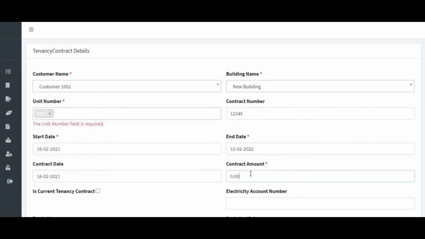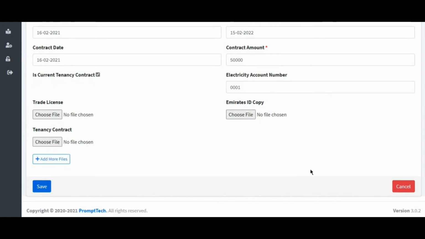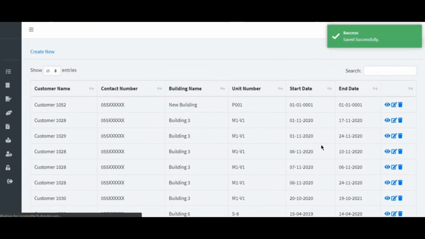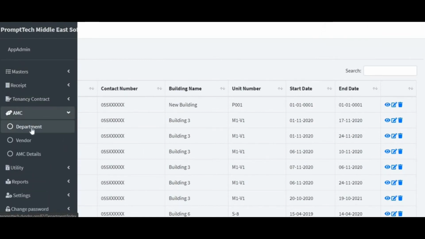And here you can add the contract number and the start date, when the person is going to occupy the flat, for example, from the first. So you can write down these details. The electricity account number you can also write down for the Deva and all. Trade license, tenancy contract. If it's a shop, you can write the trade license number or Emirates ID. If a tenant has occupied, you can write that, and that can also be created, and that's where the details will come in the picture.